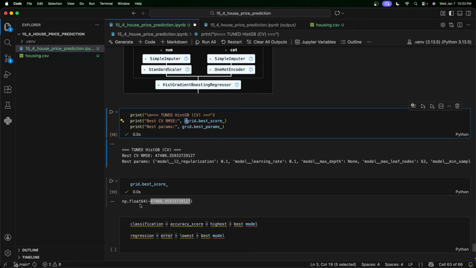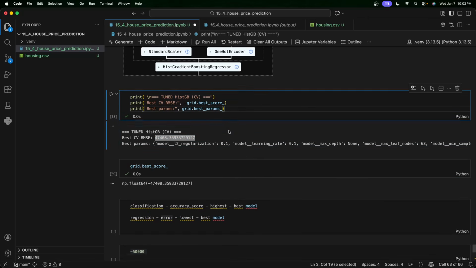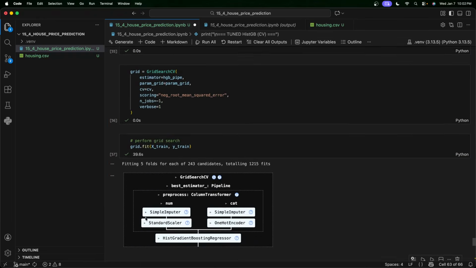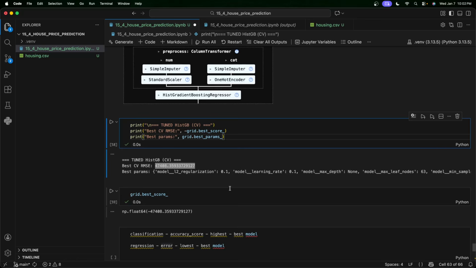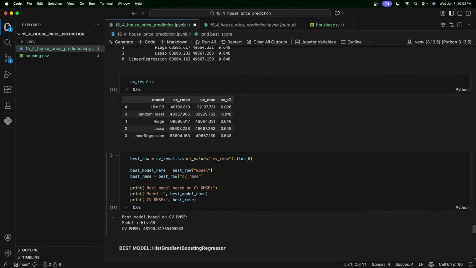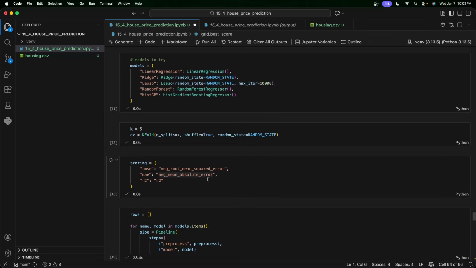So this is going to convert this negative sign into a positive number, and that's why you're seeing a positive number over here. This negative thing that we are doing is just to tell scikit-learn: don't optimize for a higher value, optimize for a lower value. Just an indirect way of saying that. That's the reason in the cross validation also we have added this negative, and this neg represents negative for this